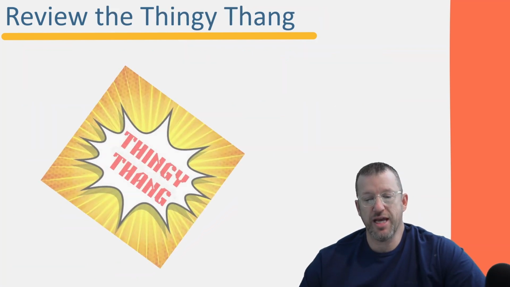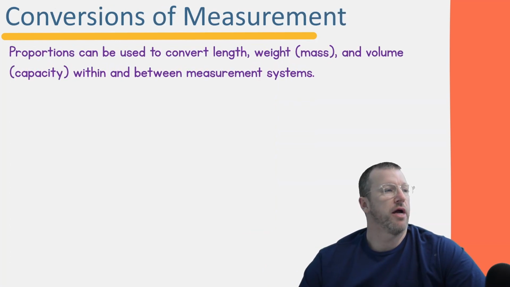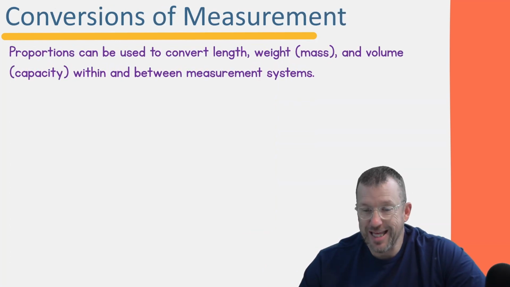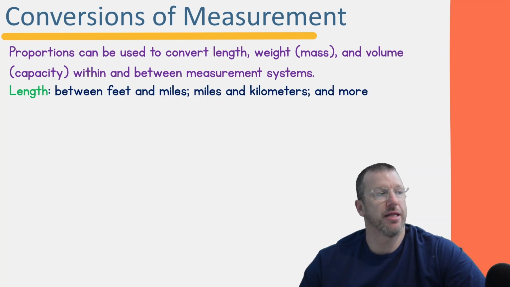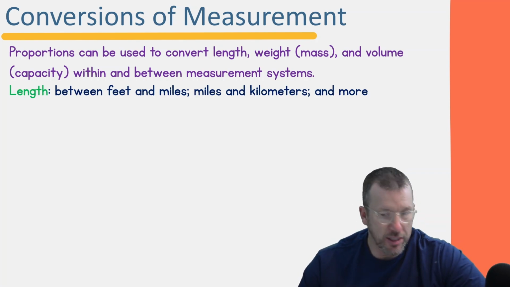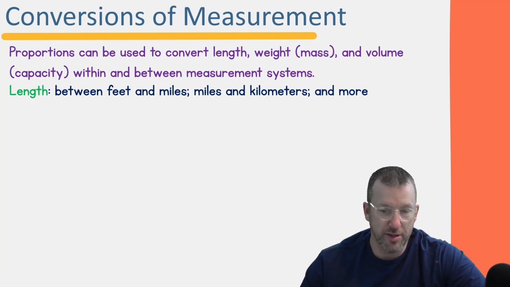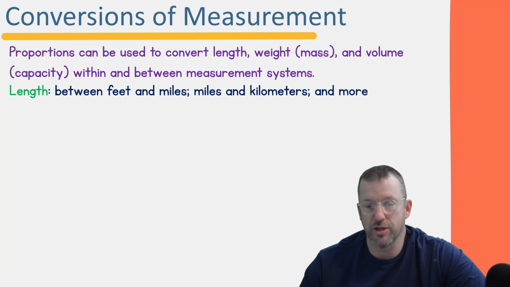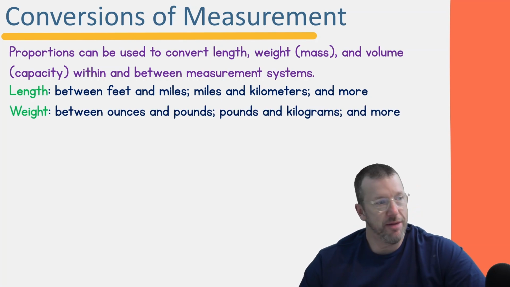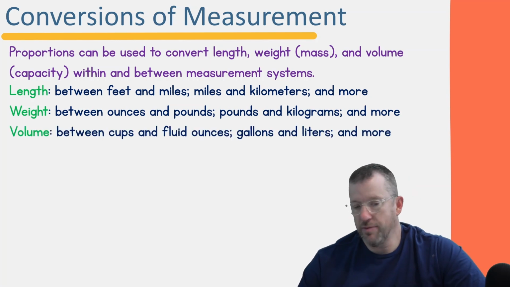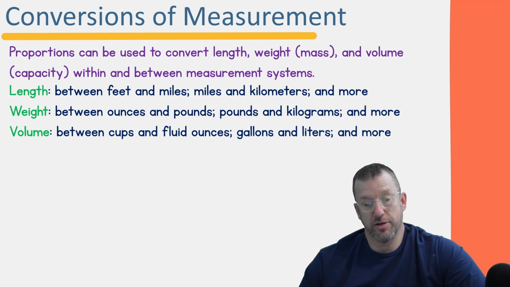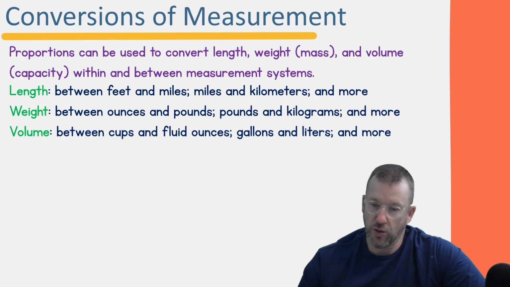All right, let's review the thingy thang, because it's pretty awesome. Proportions can be used to convert length, weight, mass, which we use mass, and volume, which is capacity, within and between measurement systems. So when we're talking about length, we could be converting between feet and miles. We could be saying how many miles are in a kilometer. We could say how many inches are in a yard. We have all kinds of things. Weight, we might be talking about how many ounces are in a pound, how many pounds are in kilograms, and so forth. And volume, we're going to be relating how many cups compared to fluid ounces, how many gallons are in liters, how many quarts are in a pint, and pints are in quarts, and back and forth,